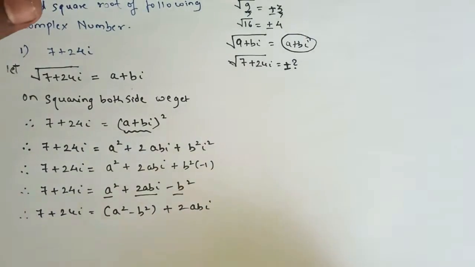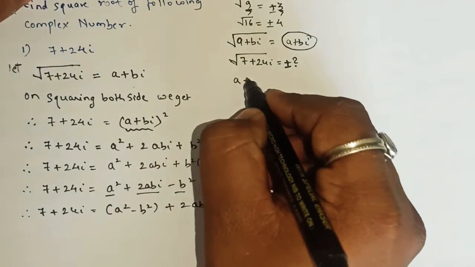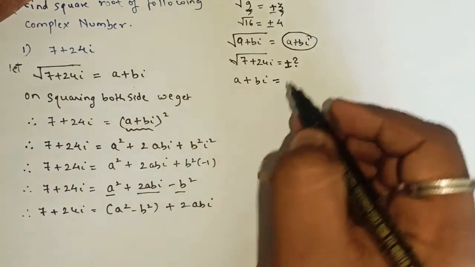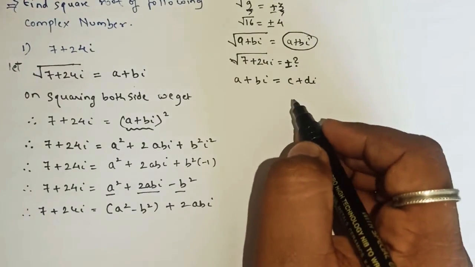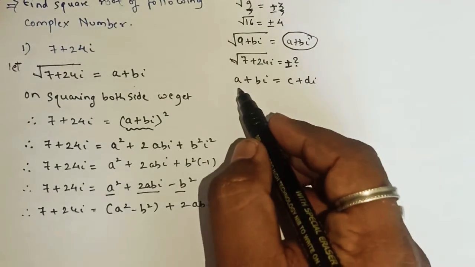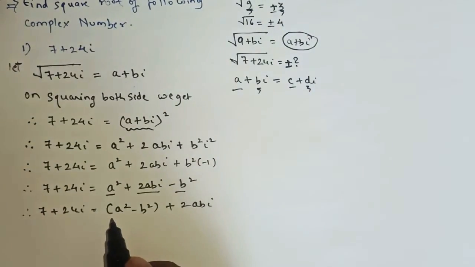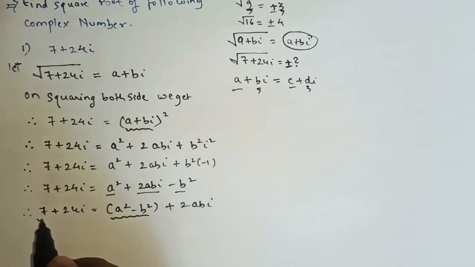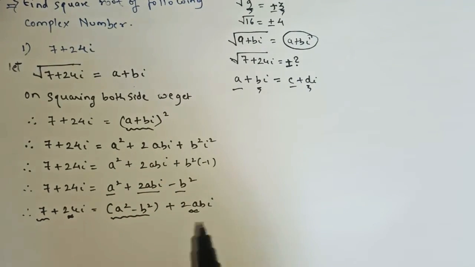After that, can I say the left hand side is in the form of a plus bi, and the right hand side is in the form of c plus di. So using the property, you simply have to equate the real numbers and the imaginary numbers. Clearly this part and this part are without i, and this section and this section are with i. So here we'll write what?